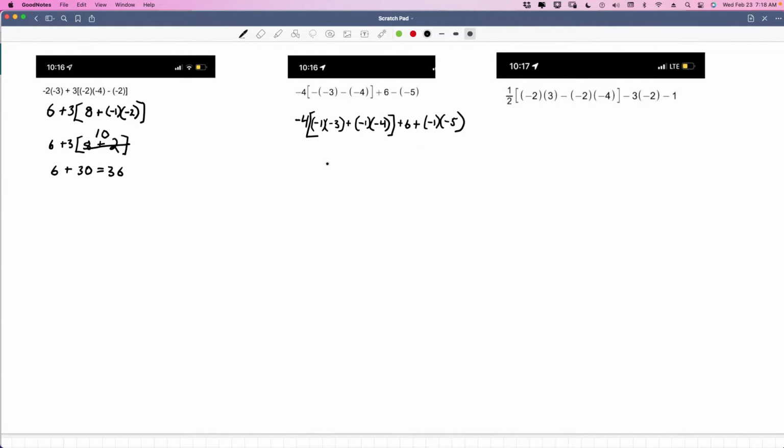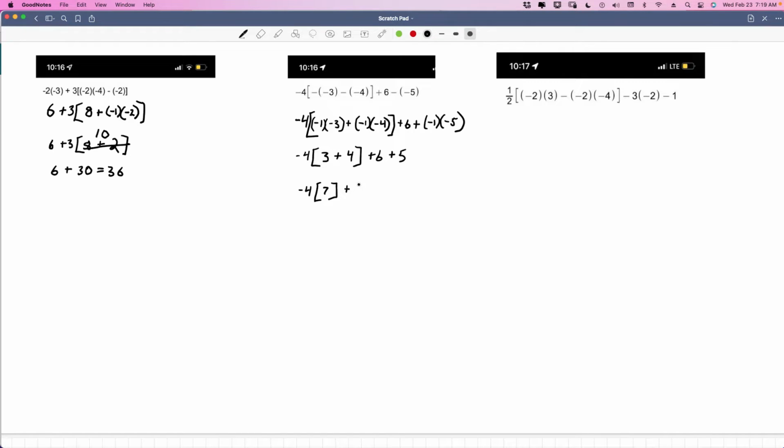Now we can deal with these. So we have -4, -1 times -3. Negative times negative is positive. 1 times 3 is 3. 3 plus -1 times a -4. Negative and negative. It's going to be positive. 1 times 4 is 4. All right. And then we have plus 6. And then we have a negative and a negative. That's going to be a positive. 1 times 5 is 5. So +5. All right, so now we have -4 times 7